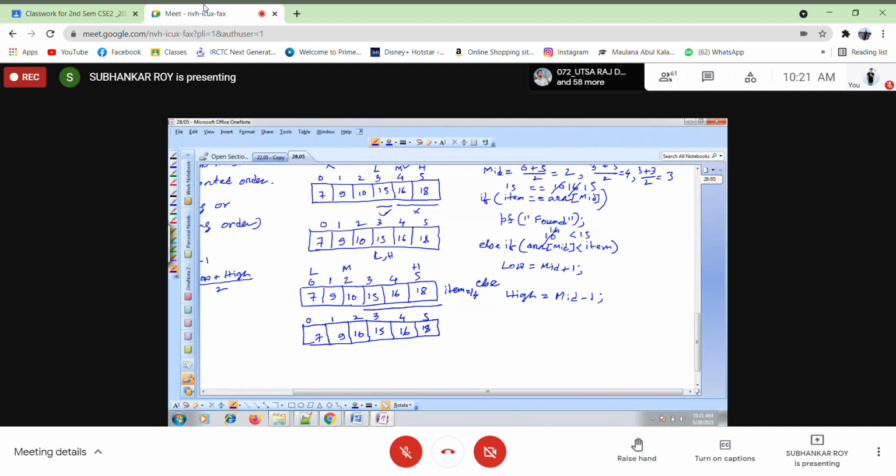Means now mid will change, low will change. Low will be mid plus 1 and high will remain this one. Again we have to calculate mid. So 3 plus 5 by 2, the mid will be this one, 4. And again we have to search with item is 14 and arr[mid] is 16. So it is again not true.